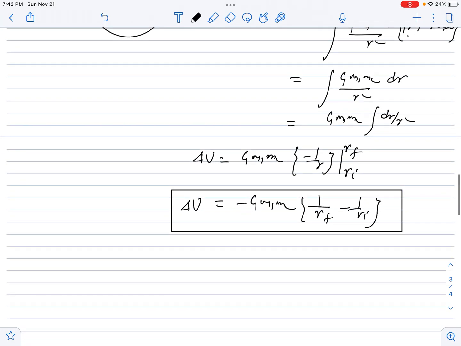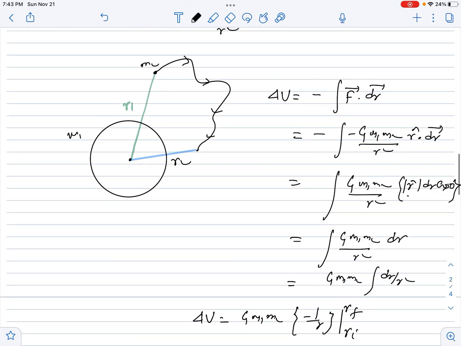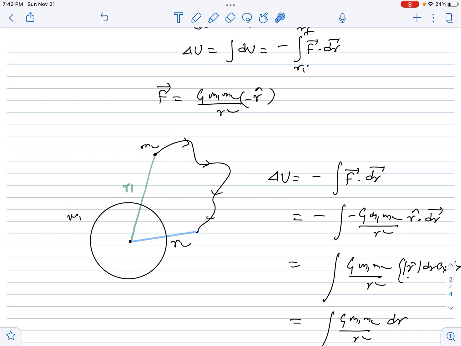Now, you know, the potential depends upon the reference point where you can assume potential is 0. And we have discussed in earlier chapters, if you're choosing a point which is at infinite distance from the center, there is no field, no effect of gravity of earth at this point. At this point, which is far away from the earth, at infinity, potential is 0. So it is a customary thing, you can do it, and we are doing it with this logic only.